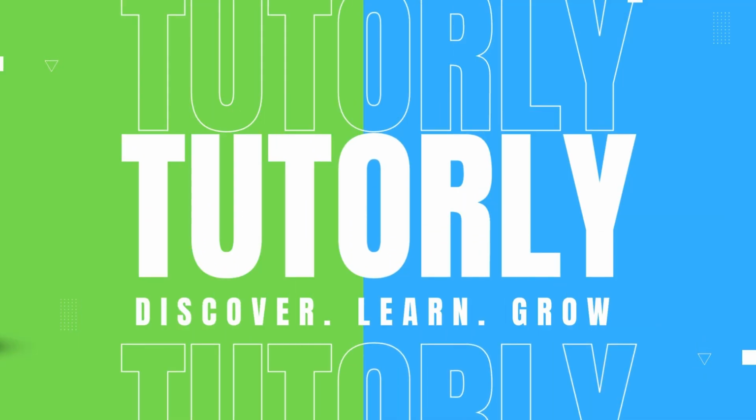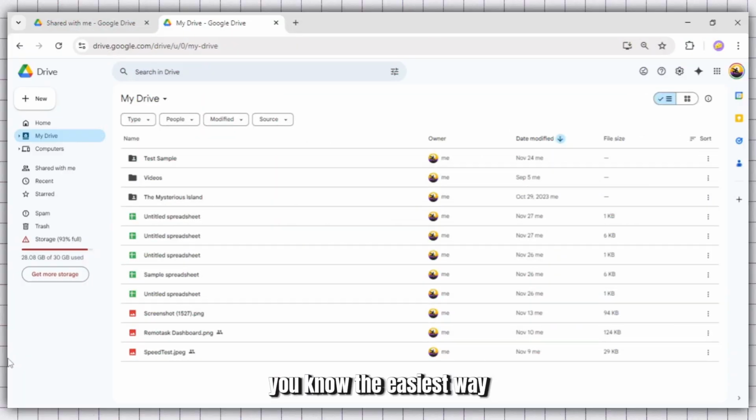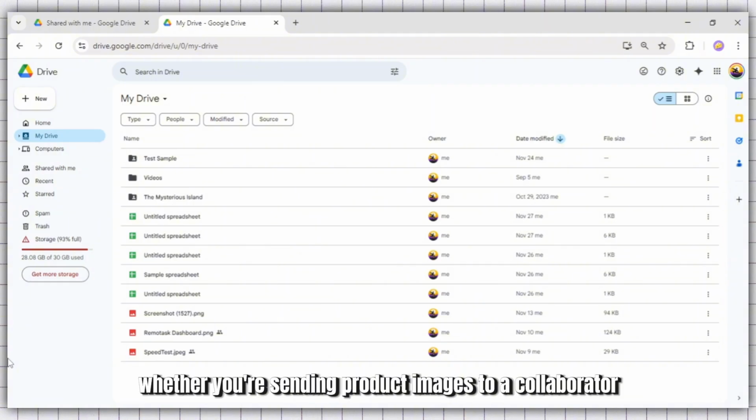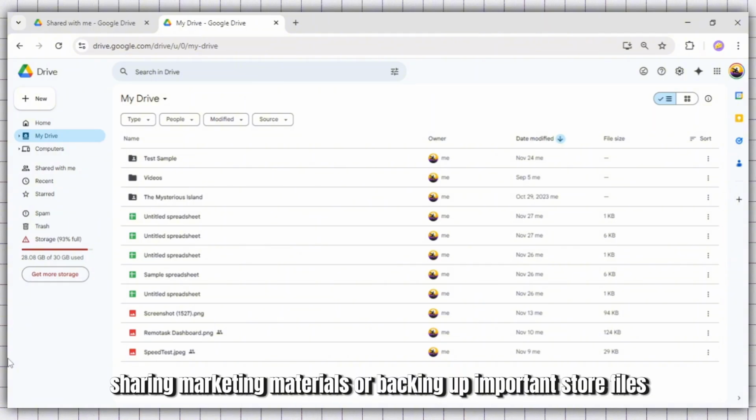Hello guys, so in today's video, I'm going to show you how to upload files to a shared Google Drive link, the easiest way. Full 2026 guide. This works great whether you're sending product images to a collaborator, sharing marketing materials, or backing up